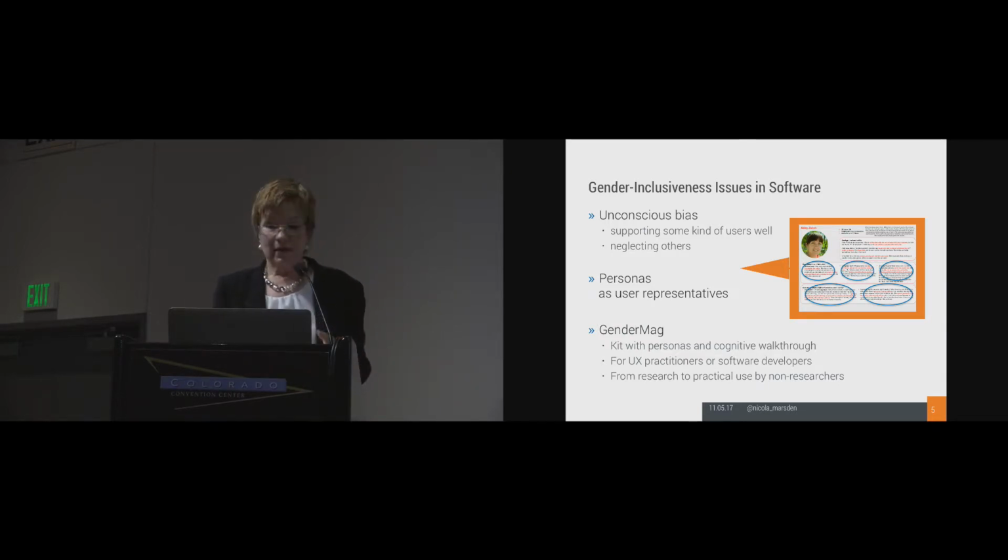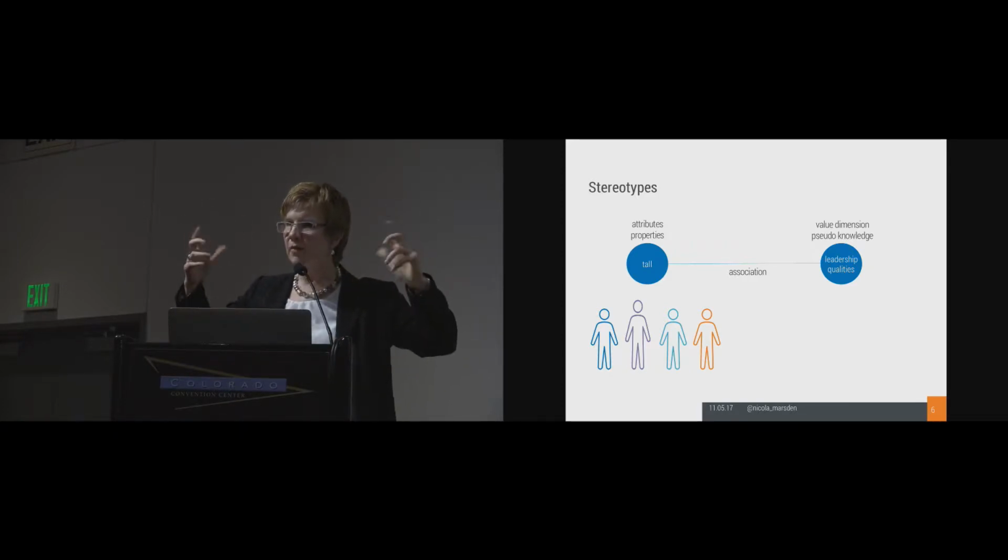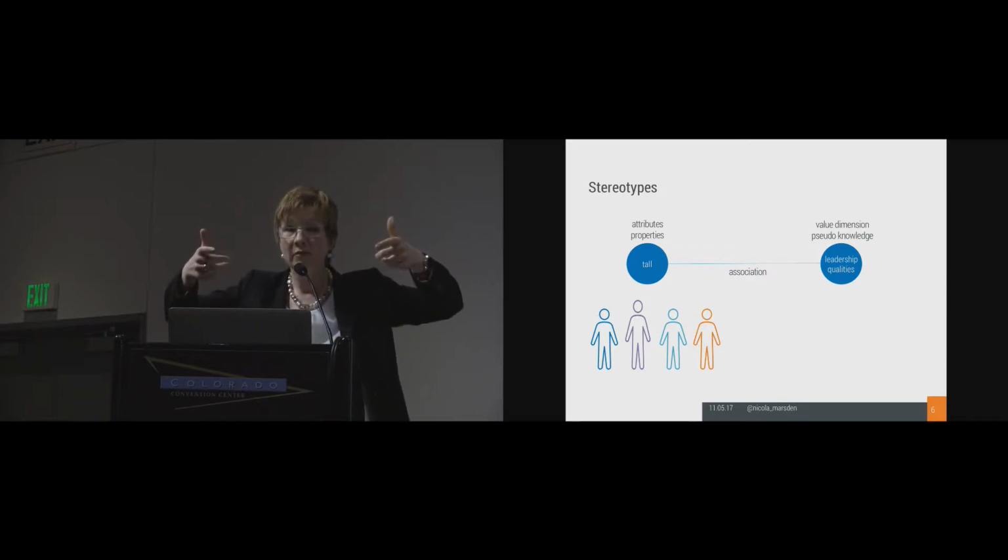Now, at the same time, of course, GenderMAG is based on gendered personas, which raises the possibility of unintended stereotyping. Let's first of all look at what we mean by stereotyping in social psychology. A stereotype is a thought that people adopt about a group of people. What constitutes a stereotype is you have a certain attribute on one hand. For example, I am German. We already heard the German stereotype earlier, so maybe you have other ones, I'm punctual, I'm rude, or something like that. So we carry around this pseudo-knowledge about groups of people, about people who have certain attributes, and that's the